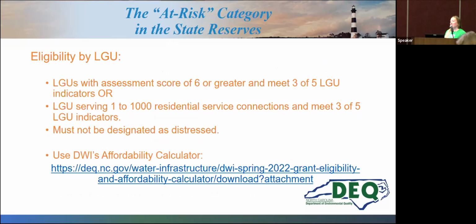So the eligibility for the at-risk criteria is in some cases affected by the reassessment scores under the viable utility reserve process. So, eligibility by local government unit. LGUs that have an assessment score of 6 or greater, based on our assessment criteria, and which meet 3 of 5 LGU indicators created by the LGC, the Local Government Commission, or an LGU which serves 1 to 1,000 residential service connections and meets 3 of 5 indicators, but they cannot